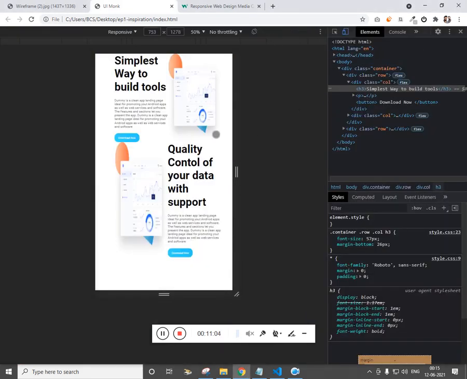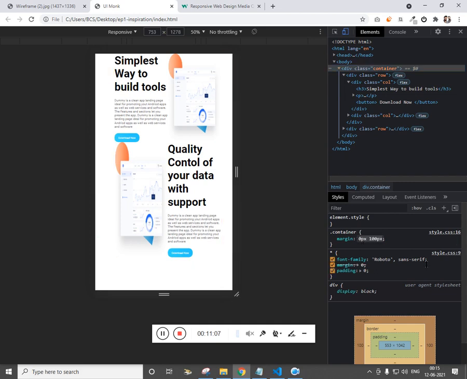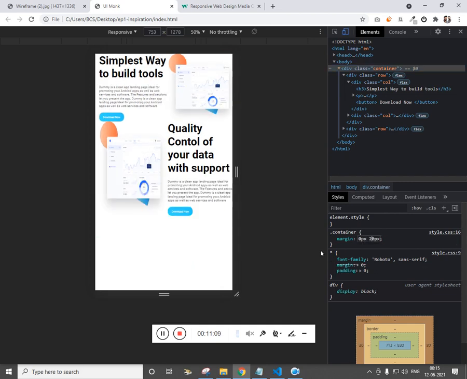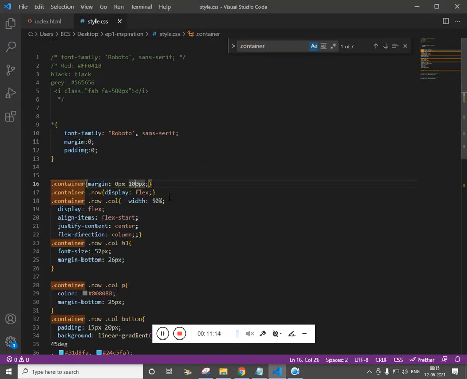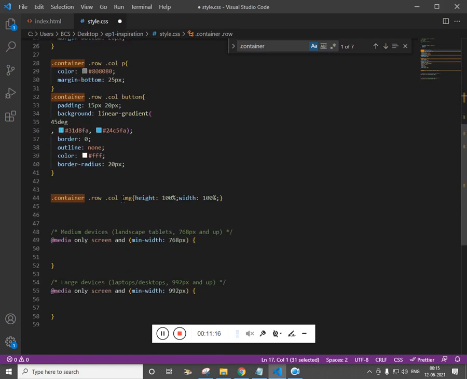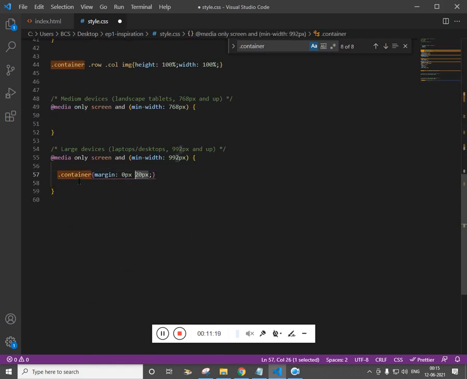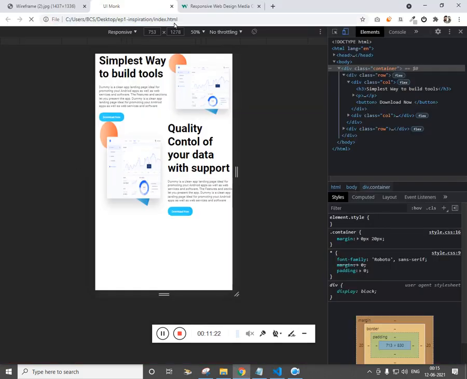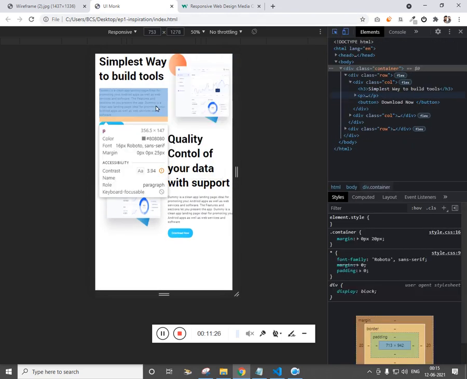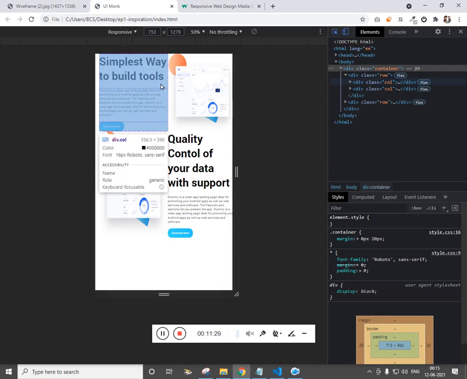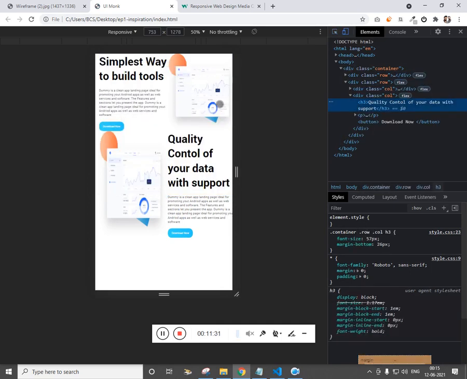So this is mobile version. Let's remove the container. Get the container. I want this to be 20, but for desktop it should be 100. And if you see, I want this image to be at the first, and instead of 20 to be 50%.